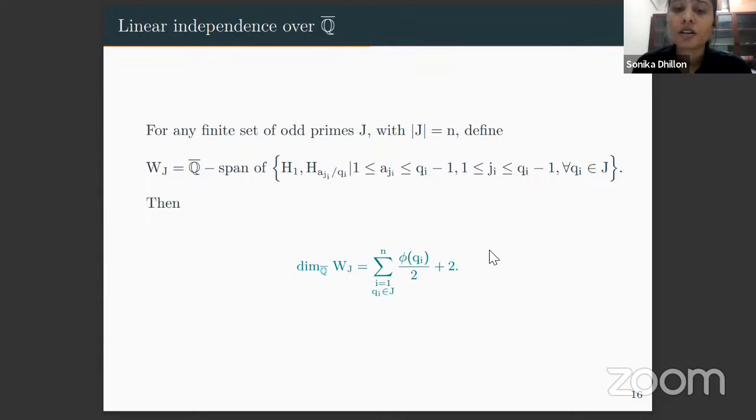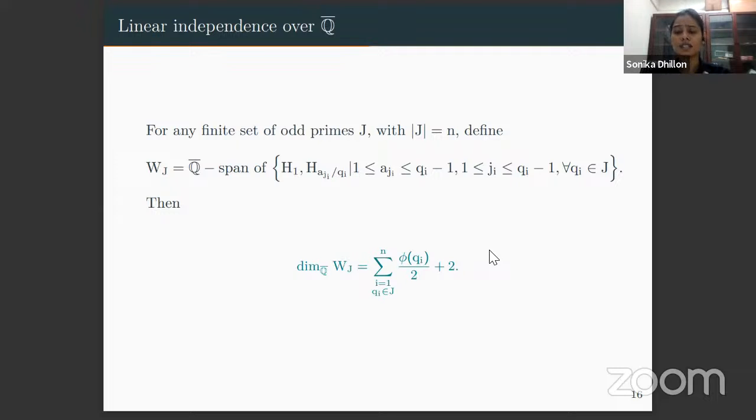Okay, so we are studying these numbers over the field K, which satisfies some conditions. Since we are interested in the transcendental nature, the obvious question is, what happens if we study their linear independence not over the field K, but over a bigger field, say the field of algebraic numbers? So instead of K, here I have considered the field of algebraic numbers. In that case, we have proved that if you take J to be any finite set of primes, and now take the harmonic numbers and the digamma values.